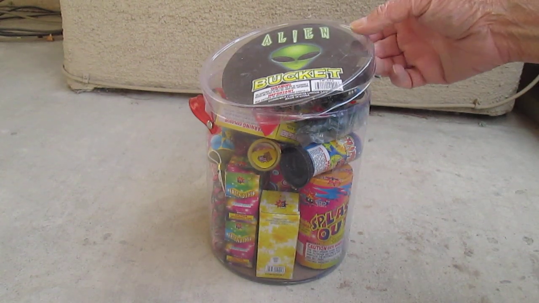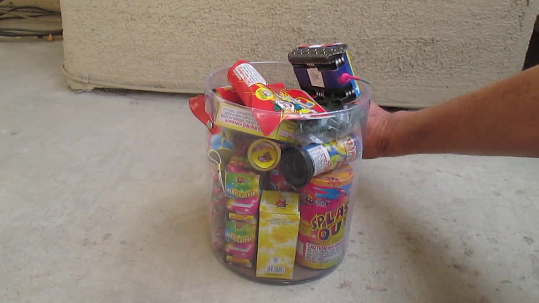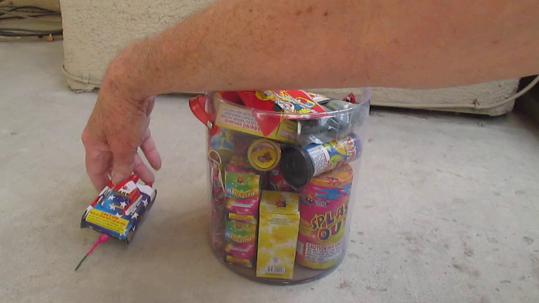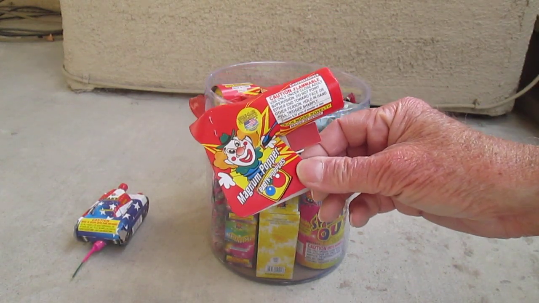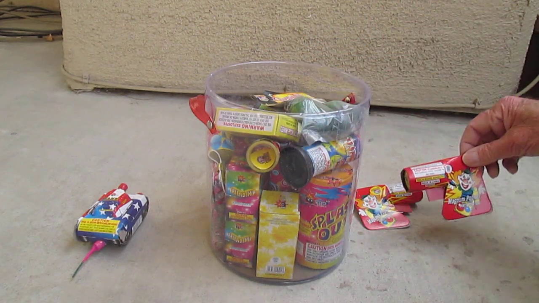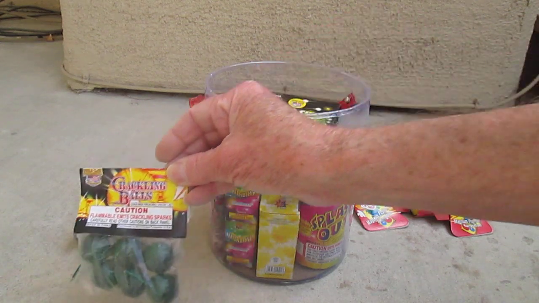Here we go with our unbucketing of the Alien Bucket assortment from Area 51 Fireworks. Starting with a Boomer tank with star, 2 Magnum poppers by World Class, Crackling Ball by World Class,